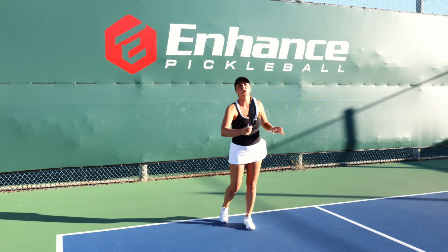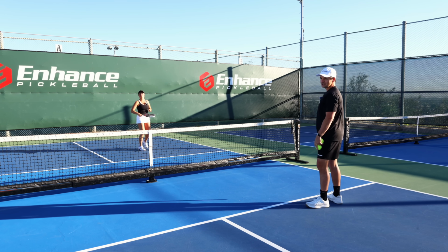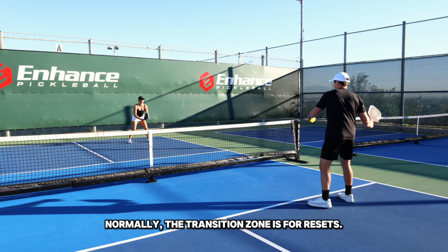That way you have that control. The next shot that's becoming a lot more popular is the midcourt attack, which looks like this. So as you can see, what Kennedy just did is she attacked from the transition zone. Normally when you're in the transition zone, players are going to be aiming the ball right at your feet,